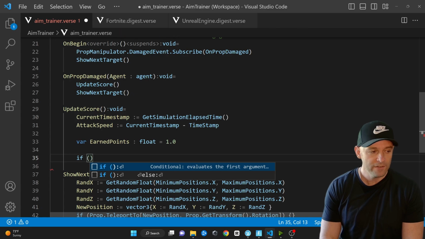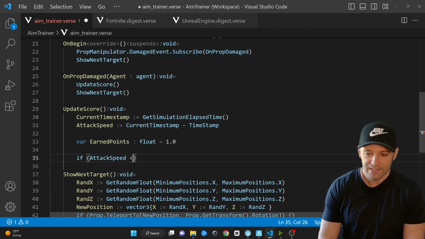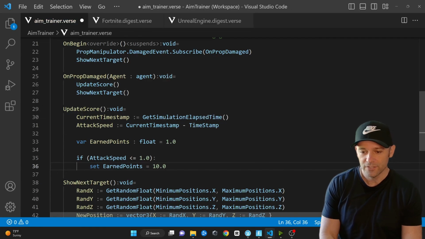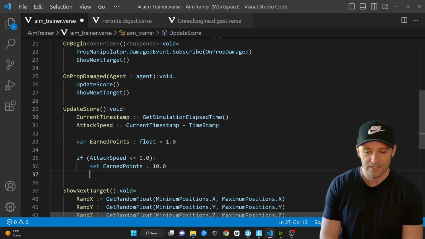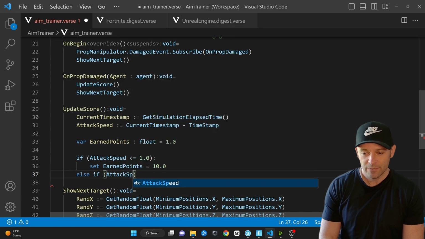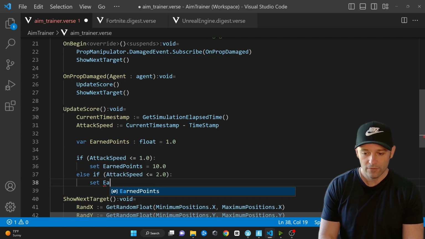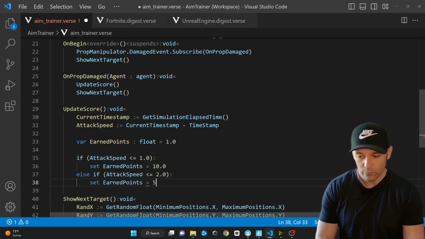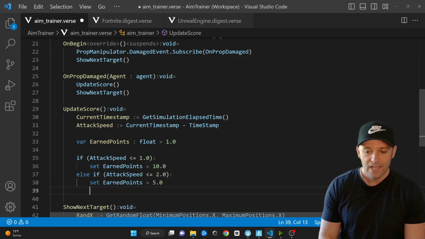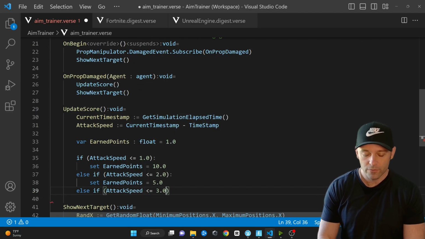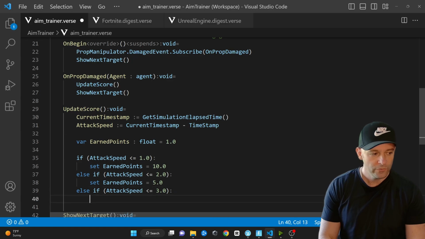So if, in parentheses, attack speed is less than or equal to 1.0, we will say set earned points to be equal to 10. So if you shot it in less than a second, let's give you lots of points. All right, Shift Tab to go back. Else if attack speed is less than or equal to 2 seconds, let's go ahead and give you 5 points. So we're going to say set earned points equals 5.0. All right. Else if, one more else if, attack speed is less than or equal to 3.0,